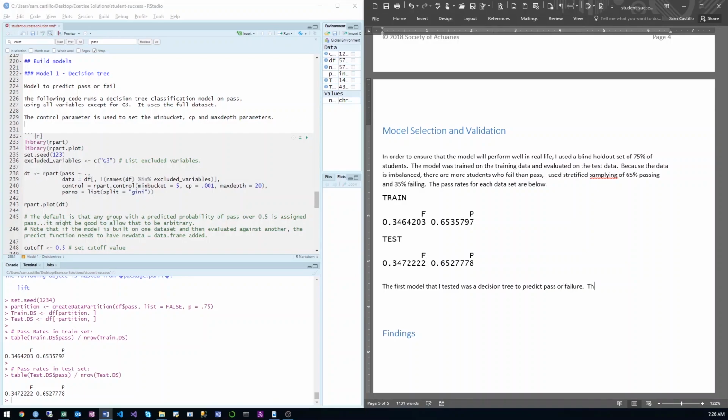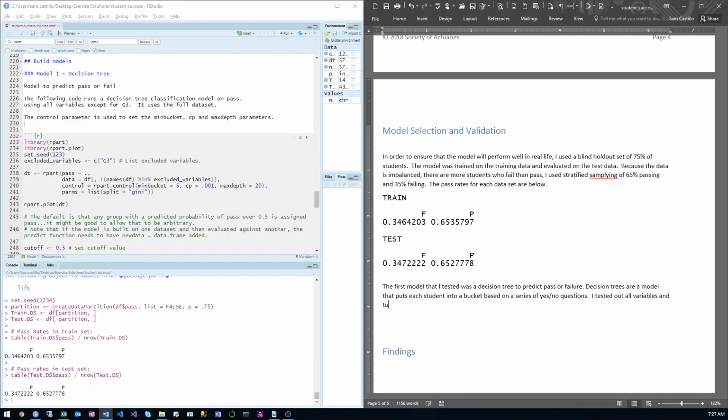Decision trees are a model that puts each student into a bucket based on a series of yes/no questions. I tested out all variables